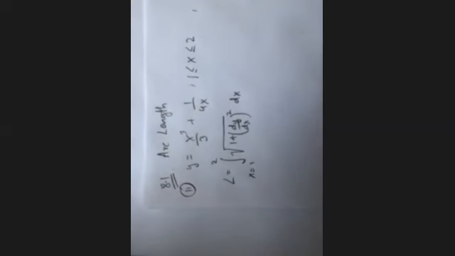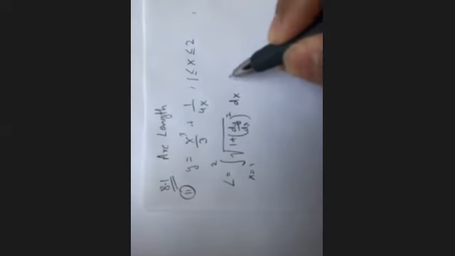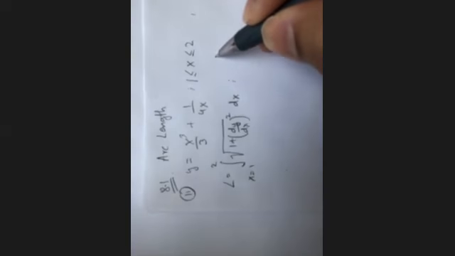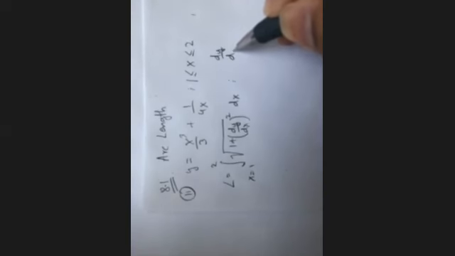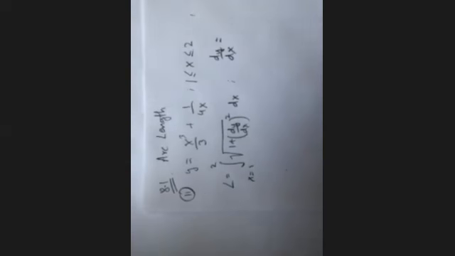So in order to compute arc length, you can see we have to compute what is dy over dx. So let's do that. So dy over dx is